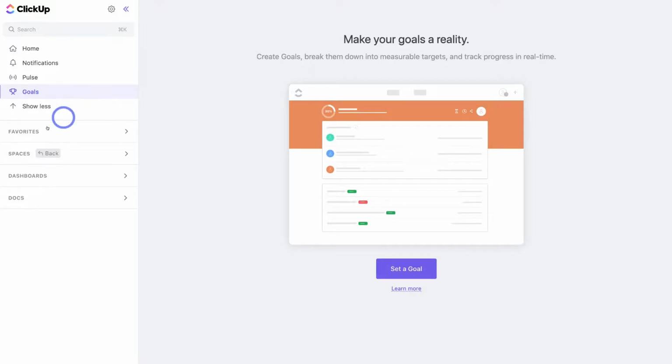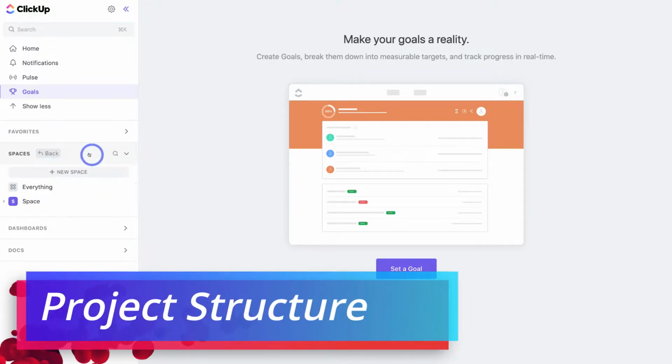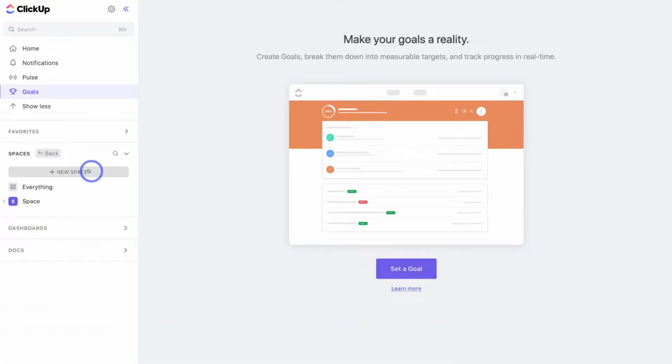And then if we jump down, we have favorites. Below favorites, we have spaces. If we click on spaces, we can come down and create a new space. Now think about your spaces as projects. These could be different team projects you're working on. They could be client projects. Spaces can be used for other areas like managing your CRM or tickets, as well as other important areas and